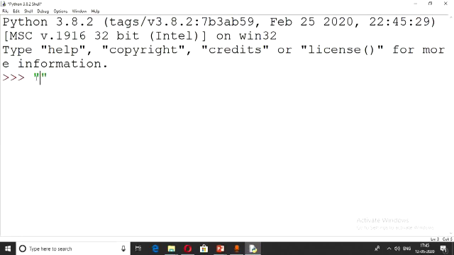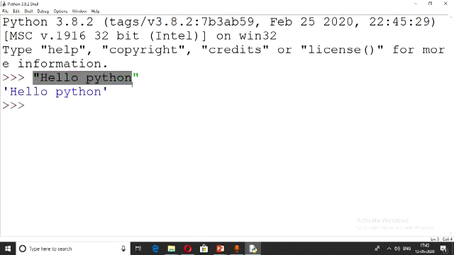For instance, I type Hello Python and press enter. Now this is the input part and this is the output. Now let us type 5 without double quotes. So see, we get the output 5. Now let us use single quotes. So see, we get the output. Numbers are given without double quotes.